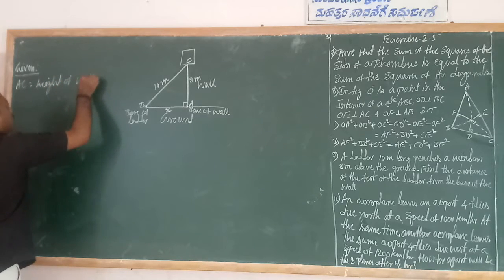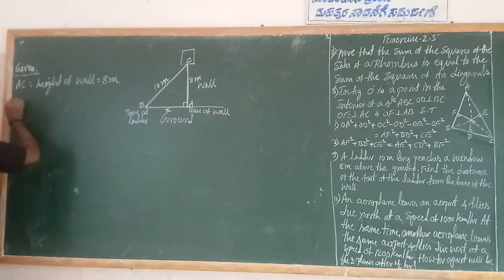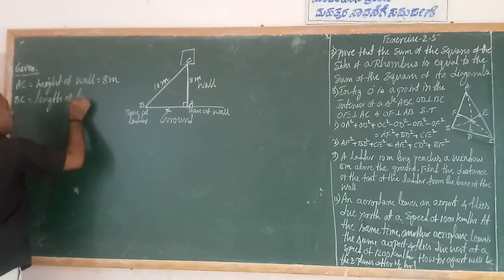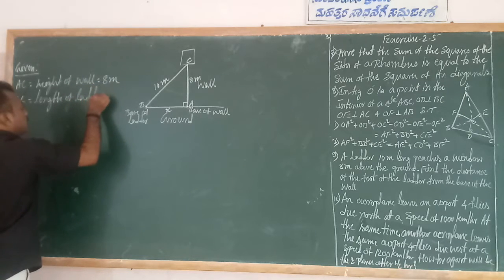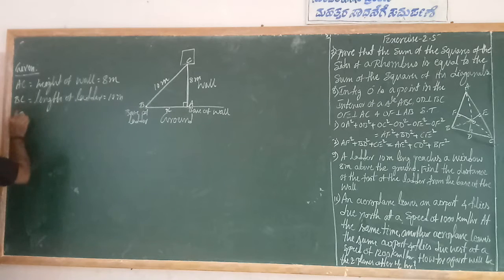Height of wall. How much meter is there? 8 meter. And BC. BC is the length of the ladder. Length of ladder. How much meter is there? 10 meter. And AB. AB is equal to the distance between